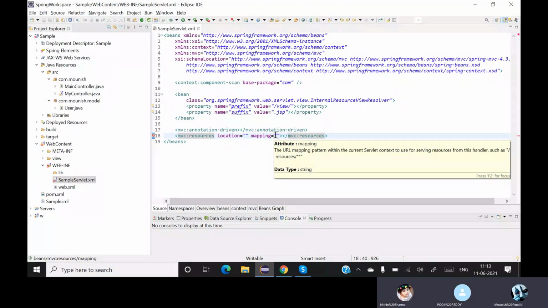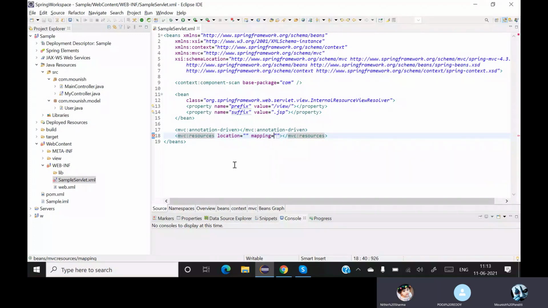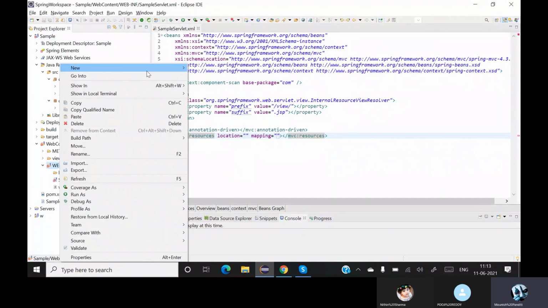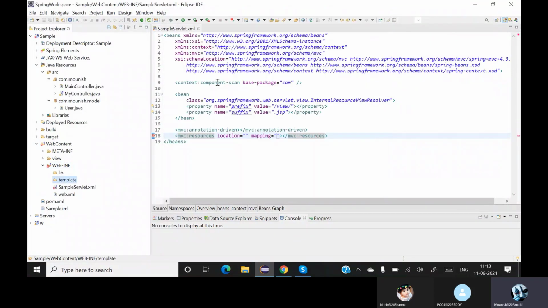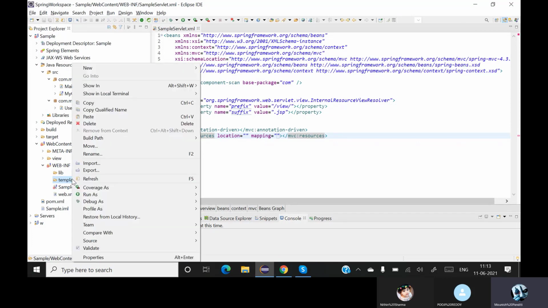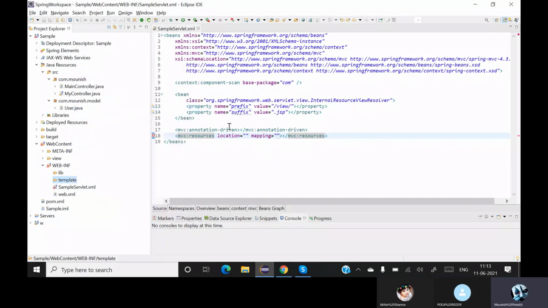Yes, sir. Till now, are we clear? Yeah. Okay. So now let me go to my MVC, WebINF. Inside my WebINF, I will create a new folder and name that folder template. Inside this template, I'm creating my styling files, which are nothing but very simple CSS files. So this is basically my location. How do I get this location? Right click, copy qualified path, and just put it over here.